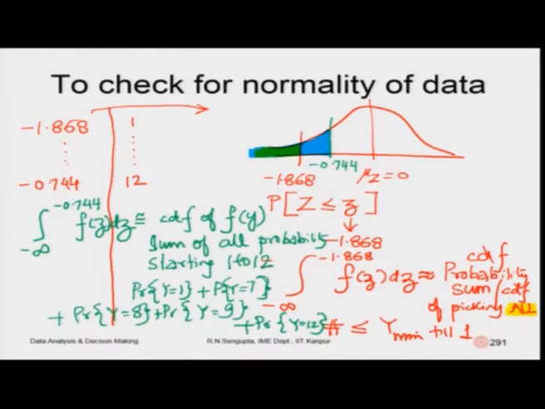So, if I add up all the probabilities, that is the CDF, and that CDF should be exactly equal to the CDF value for the standard normal from minus infinity to the value of minus 0.744. Now, actually what you are doing is a one to one correspondence, and what is that correspondence